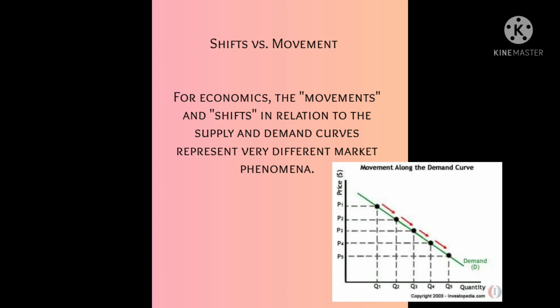The movement implies that the demand relationship remains consistent. Therefore, a movement along the demand curve will occur when the price of a good changes and the quantity demanded changes also per the original demand relationship. In other words, a movement occurs when a change in the quantity demanded is caused only by a change in